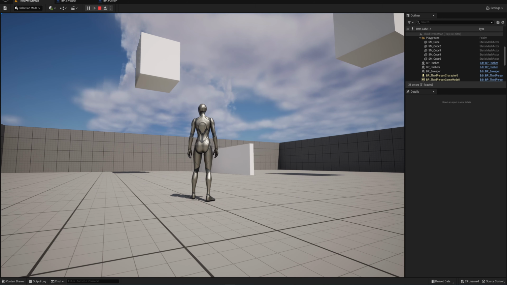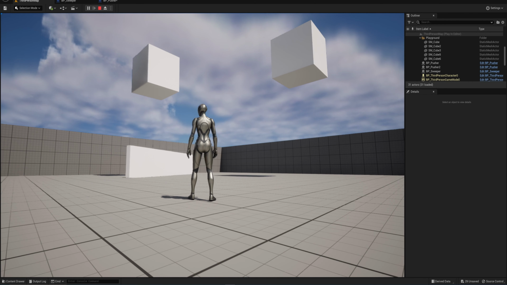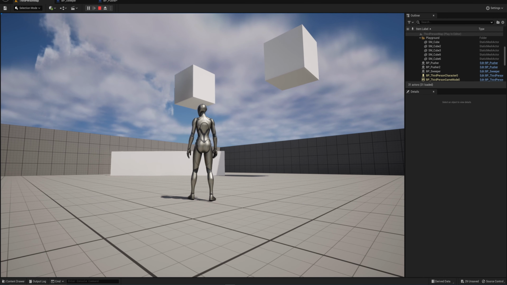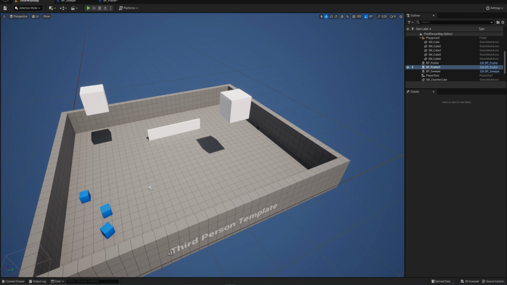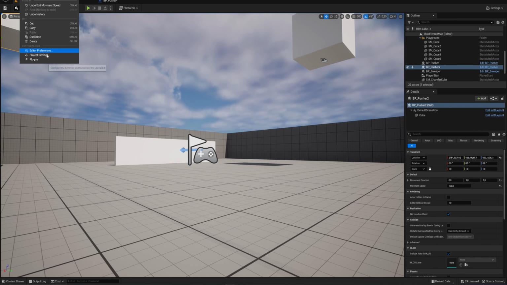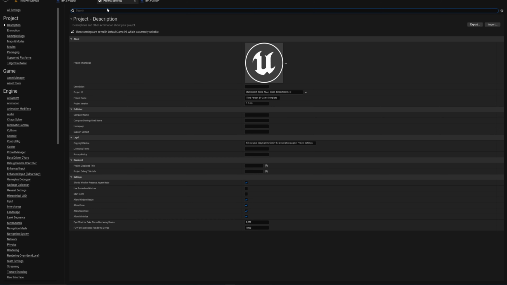And as you can see, the one we set to the Y direction is moving in the Y direction, and the one we set to the X direction is moving in the X direction, with a very poor frame rate, which is mostly to do with the fact that I'm recording right now. It also has to do with our project settings, which I'm going to open up real quick,